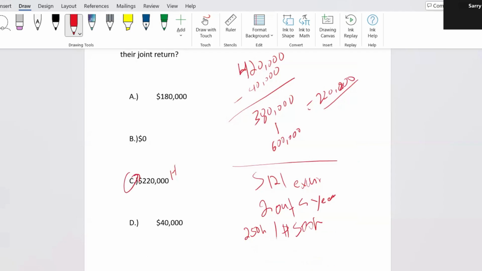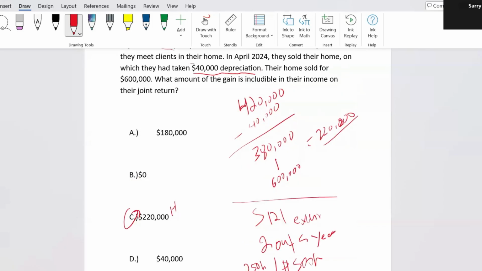So we're going to treat this as a regular long-term capital gain scenario because they don't qualify for section 121. If they did qualify for section 121, their gain is $220,000, but they'd be able to exclude $500K. So if section 121 applied in this situation, it would be option B. It would be 0 taxable gains or taxable income. But since it doesn't, it's $220,000. That is the taxable gain in this scenario. So look out for and understand section 121, and the rules around that.